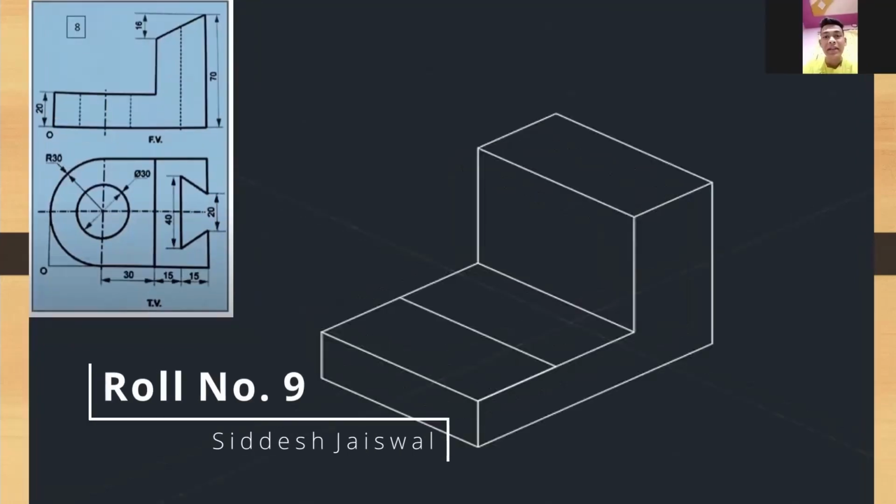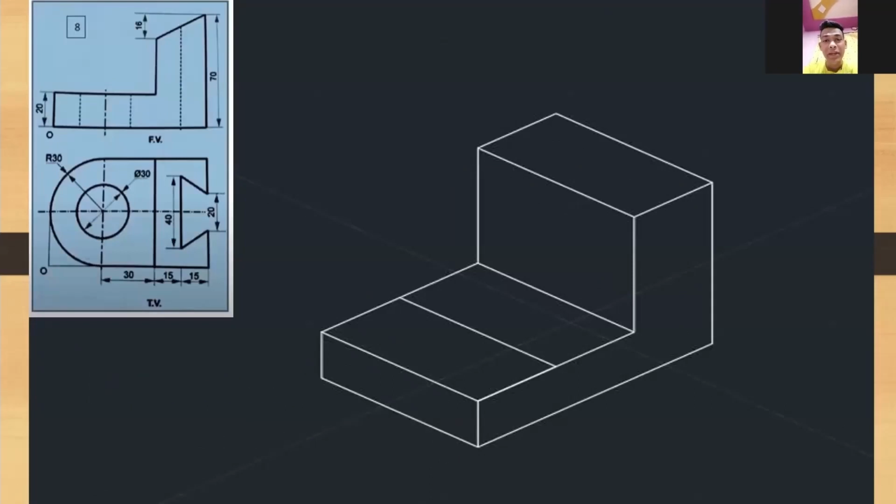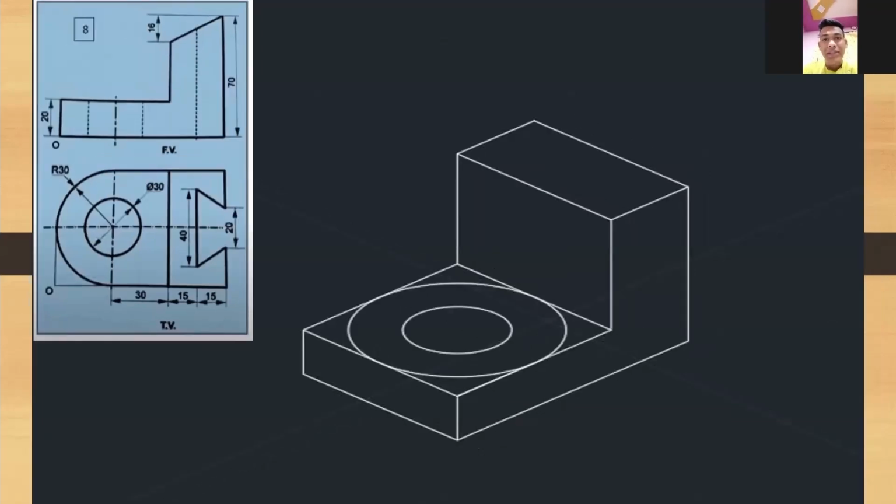So in this slide, from the z-axis, first we have to make a 30 millimeter parallel line to it, which will help us to make the isocircle. Using the central line, using the I enter, we should make an isocircle of radius 30 mm and then one more circle of radius 15 mm.